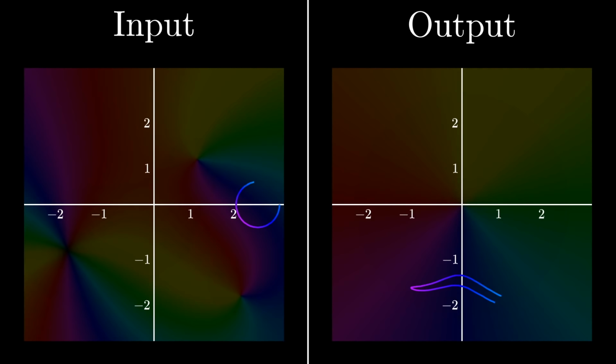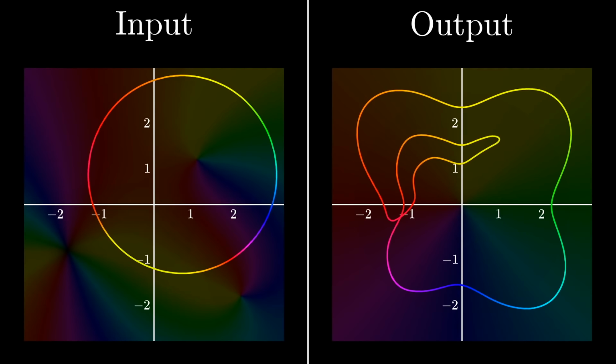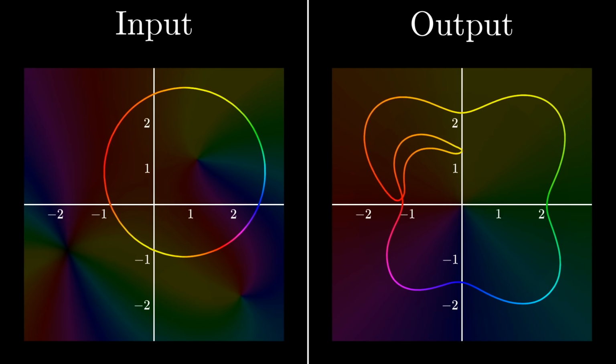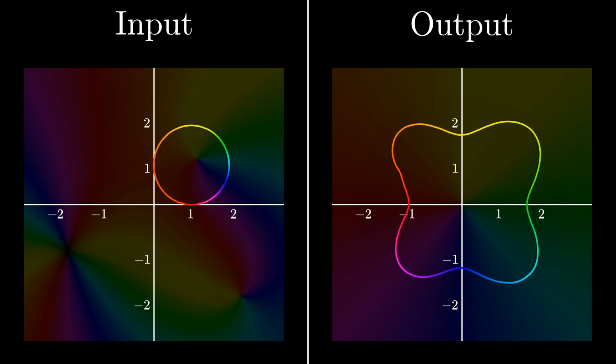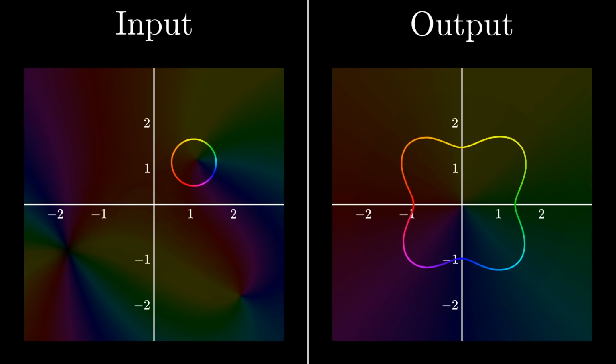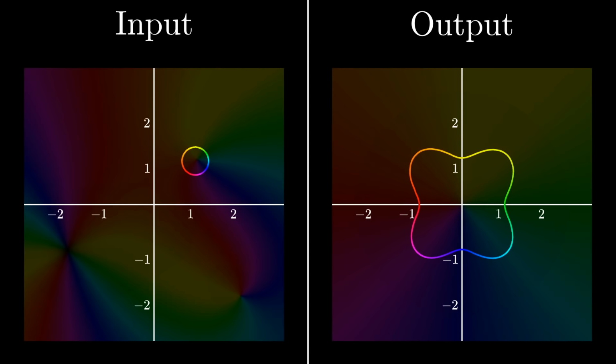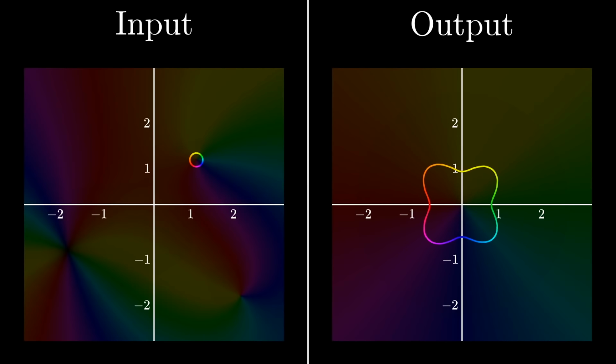A tight loop over here is all bluish. A tight loop over here is going to be all yellowish. You certainly aren't going to get every color of the rainbow. The only point where you can tighten loops around it while still getting all of the colors is the colorless origin, 0 itself. So, it is indeed the case that if you have loops going through every color of the rainbow, tightening and tightening, narrowing in on a point, then that point must in fact be a 0.